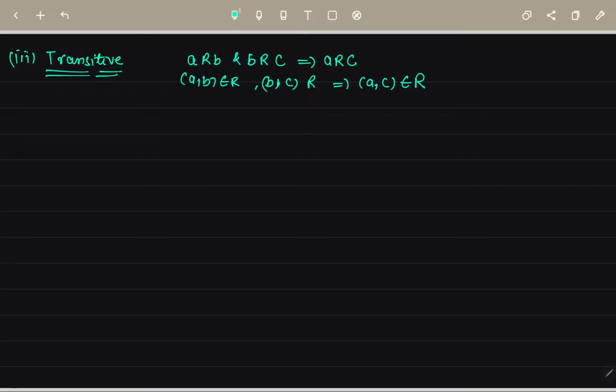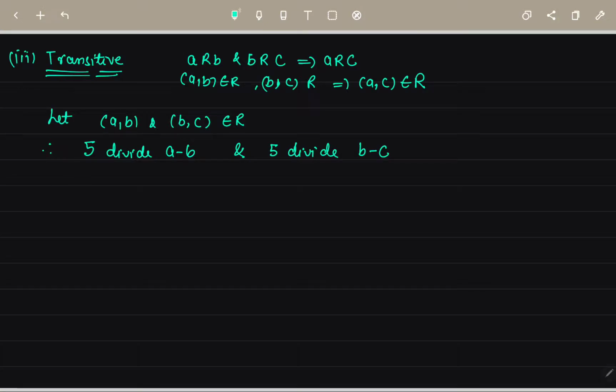सो यहाँ पे भी अब हम यही अप्लाई करेंगे, हम लिखेंगे यहाँ पे लेट ए बी एंड बी सी बिलोंग्स टू आर। सो हमने दो ऑर्डर्ड पेयर्स ले लिए, ये भी आर को बिलोंग कर रहा है और ये भी आर को बिलोंग कर रहा है। सो यहाँ से हमारे पास क्या आएगा, कंडीशन लगाओ, 5 किसको डिवाइड करेगा, ए माइनस बी को, और इसी तरीके से दूसरे टर्म से 5 डिवाइड करेगा बी माइनस सी को। ठीक है, सो हम डायरेक्टली भी लिख सकते हैं जो 5 है वो डिवाइड करेगा ए माइनस बी को और बी माइनस सी को।